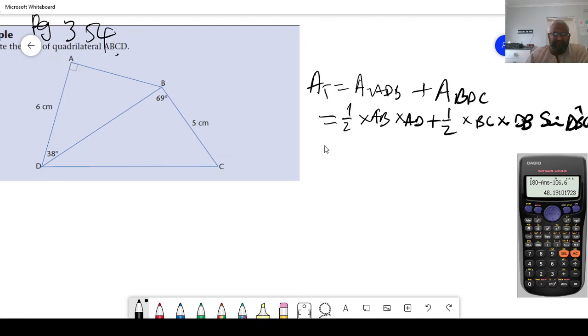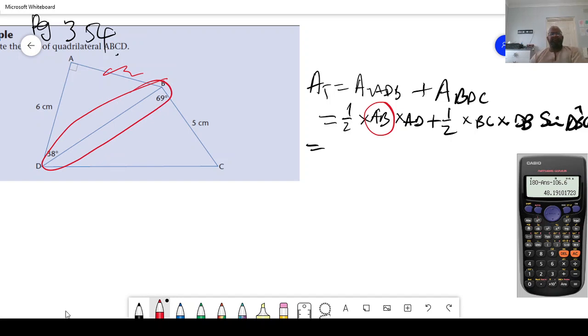Okay, so if you look at what we have, let's just tick what we have. The half is in the issue; we need AB. As you can see, it's unmarked there. We have AD, we need B, we have BC, we need DB. So we need that length as well. To calculate those lengths,